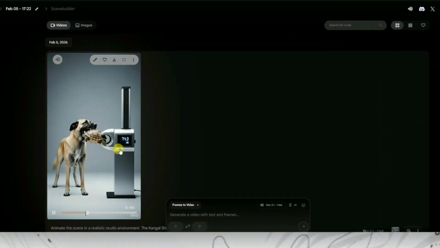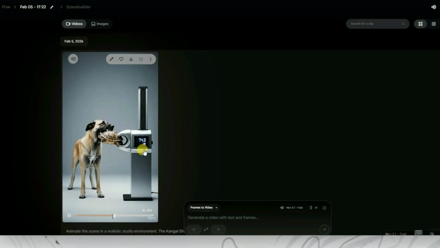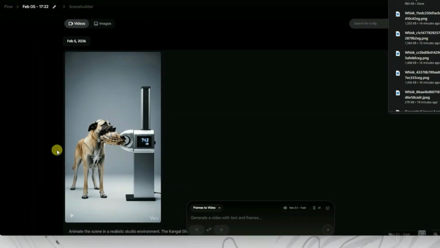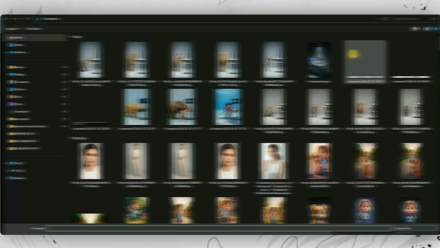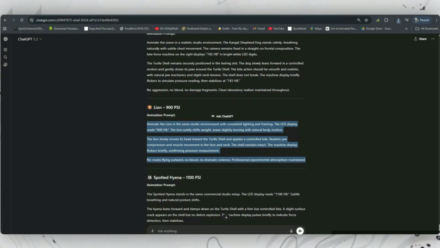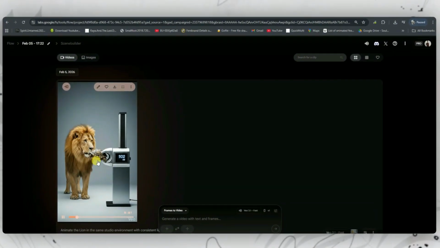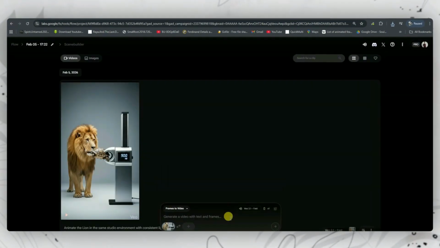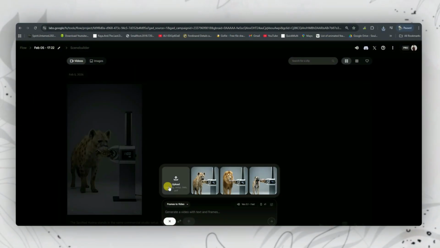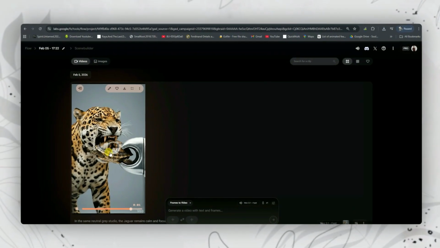As you can see, the result looks really clean. The website did a great job turning that image into a dynamic video. I mean, you can see it with your own eyes. It looks solid, so I download it. Now I repeat the exact same process for the second image. Upload it, go back to ChatGPT, copy the second scene's prompt, paste it, hit generate, and boom, the video is ready. That's literally the workflow. You just keep uploading your images, pasting the scene-specific prompt, clicking generate, and your videos will keep getting created one by one. I'm going to quickly generate the rest since it's the same process.